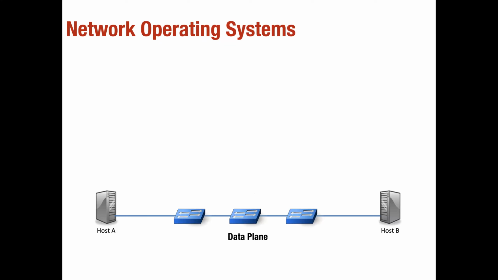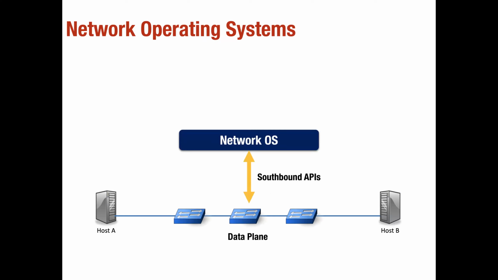All right, so let's try to recall what network operating system means when we think of software-defined networking. We have hosts, we have the network, we have a software data plane, we have a hardware data plane, and then the network operating system is the one that is responsible for interfacing with these forwarding elements in the network, and then providing the abstractions to the upper layers, right? The interface, or the APIs, used between the network operating system and the data plane is called the southbound API. And the key thing that the network operating system offers to the upper layers is this view of the network, right?